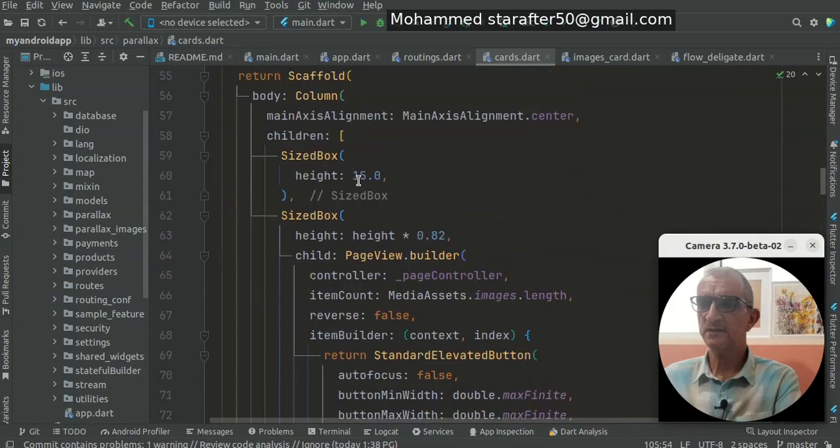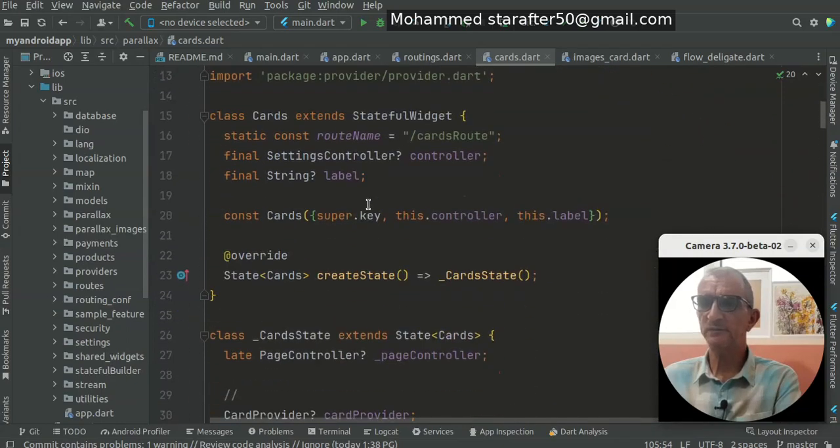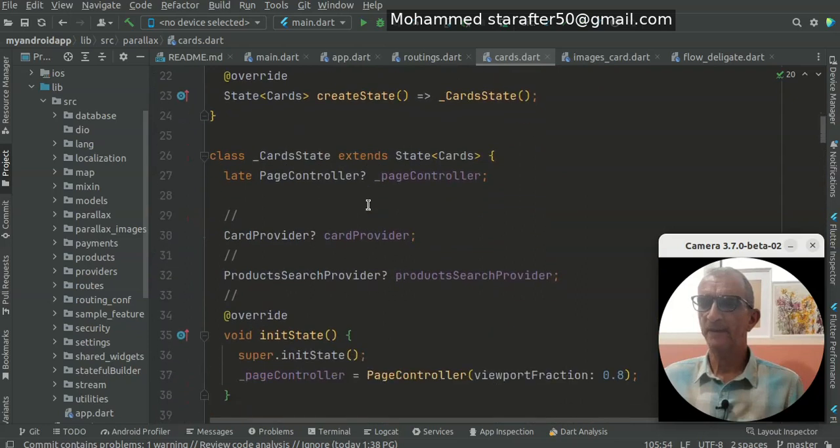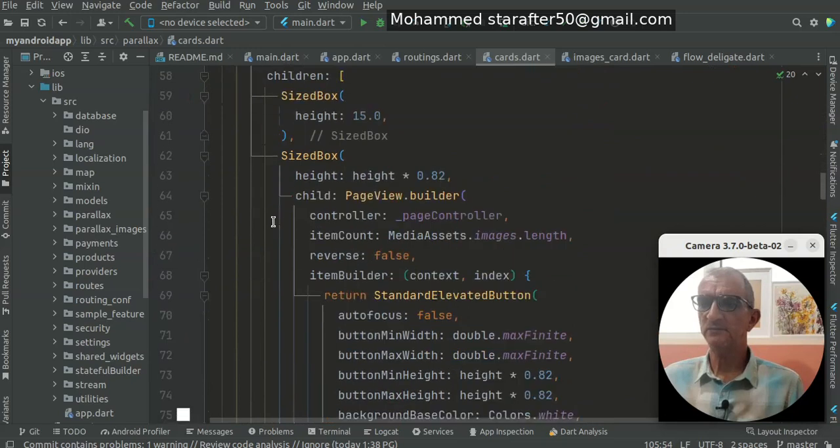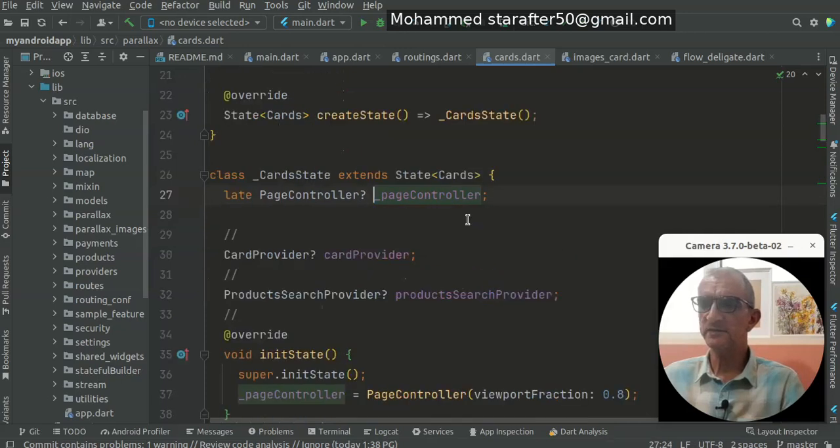The card page is just a normal page. It's a stateful widget, and this stateful widget will contain a column, and this column has a sized box, and then we will create a page view builder, because we maybe need to create three Parallax images, 4, 5, depending on our needs, and so that's why we need a page view builder. And the page controller, we just create a controller, which is just a normal page controller. This is the page controller,